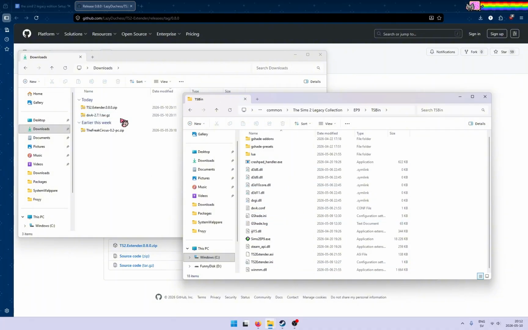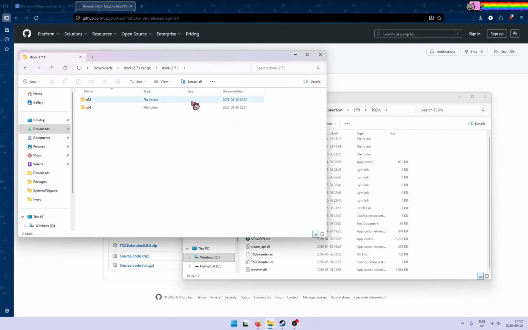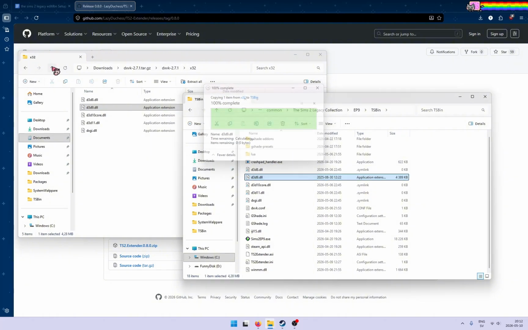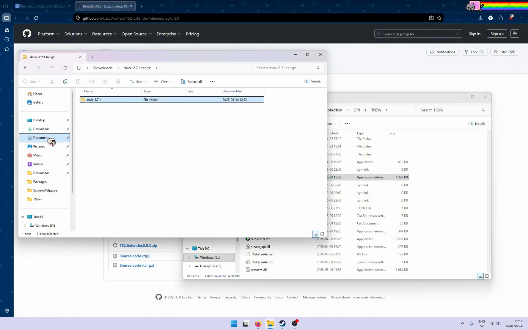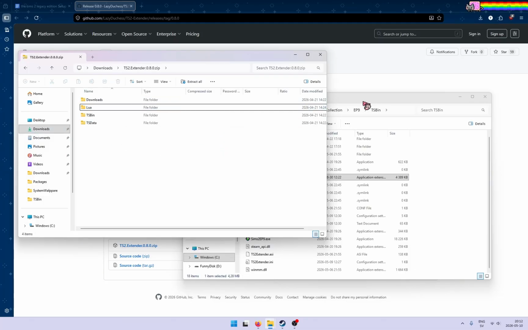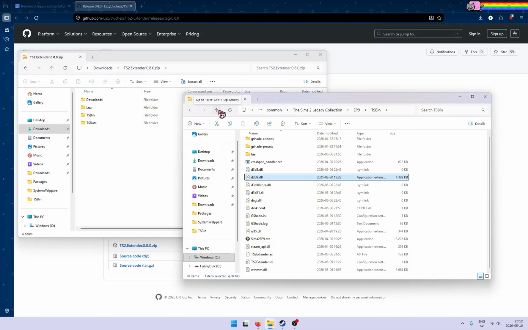Here you will go into first the DXVK. When you have come into this directory where you have x64 and x32, you go into the x32 and then copy d3d9.dll over. Then you will go into your TS2 extender. You will go up one,